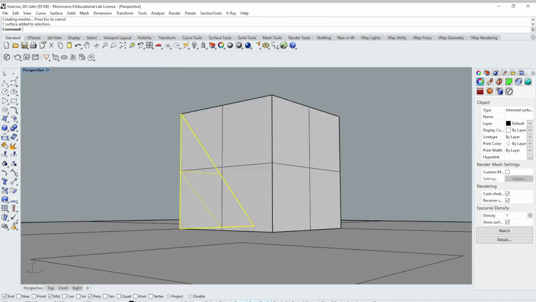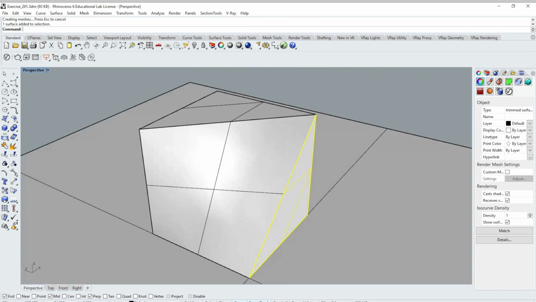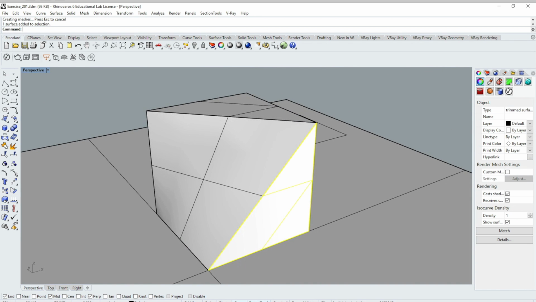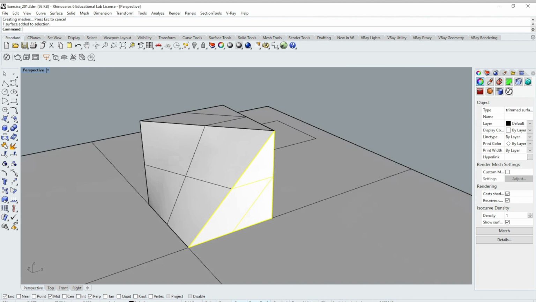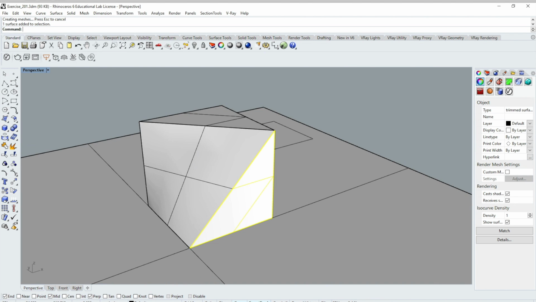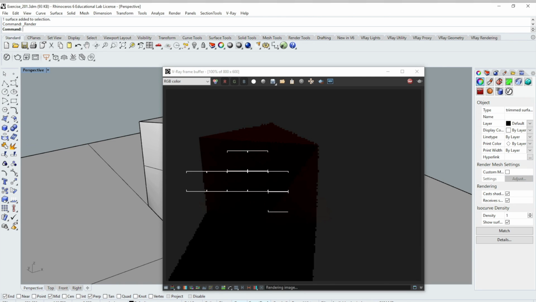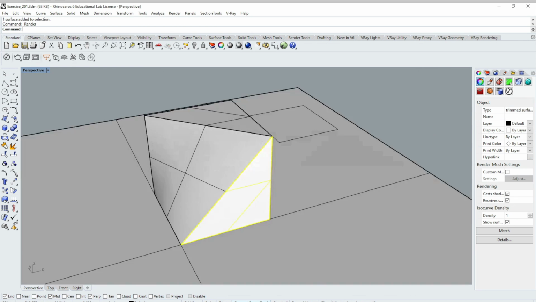So now I have a completely contained surface. That's exactly what I want. It's time to make an output and post that output to the course website. Now I already have an environment set up so we can actually do an initial rendering in Vray. Worst case is I could just click on the render button, which is this blue sphere right here. And if I click on the render button, I will get a little rendering that shows my object there. It actually looks a bit on the dark side. Let me go ahead and close that right there.